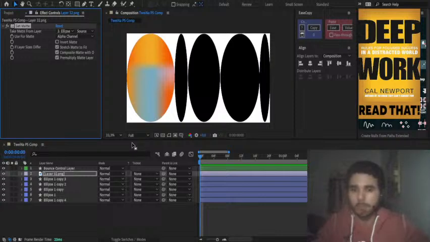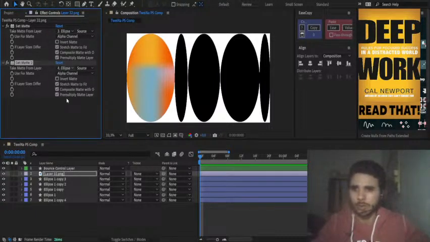Take this one. Okay. Can we duplicate the effect so it takes on another?